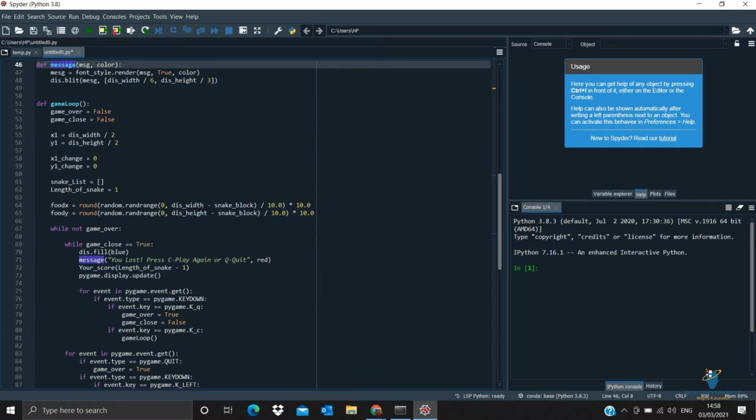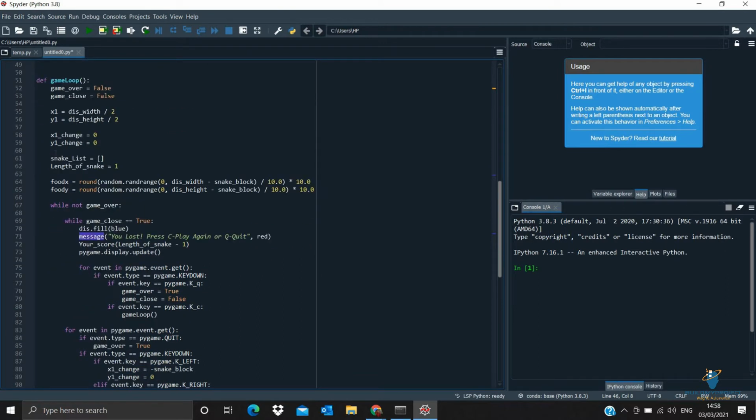Now we have done with our UI, we have done with our snake. Now what we will do is create a loop where, as you go on playing, your snake will go on looping and moving ahead, unless and until it touches the end of the display, or it touches itself.